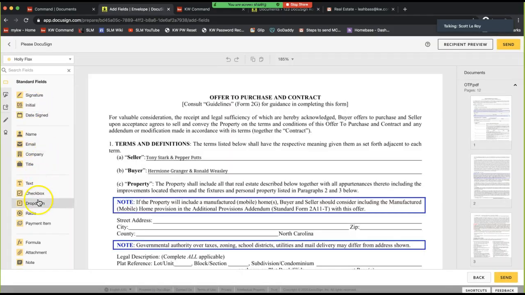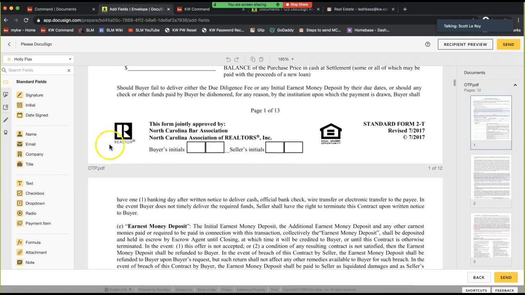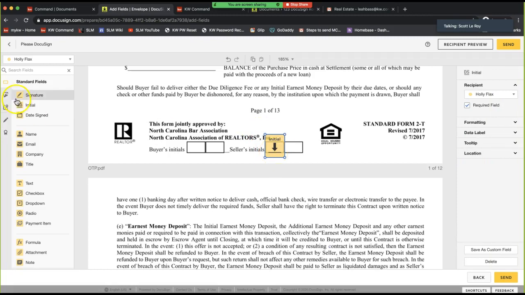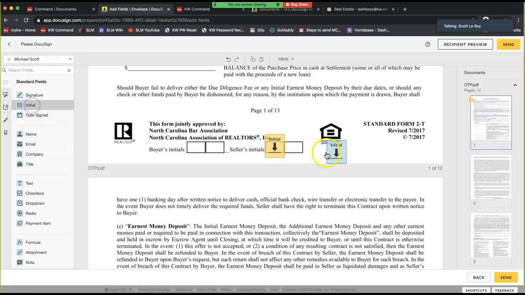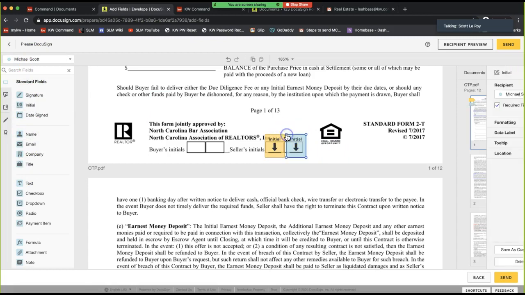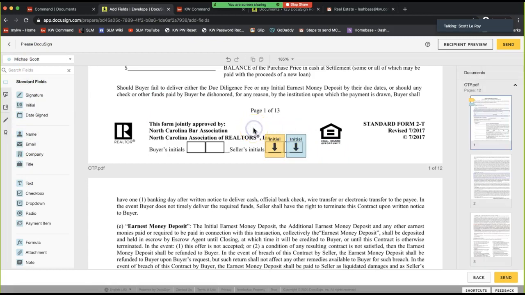On the left-hand side, you'll see a bunch of different fields that you can add in. So for example, if your client needs to initial this field, you can go ahead and add initial boxes to the field. Something that is different than Dotloop that you'll need to pay attention to is all of these fields are coordinated to the color assigned to the client. So Holly Flax is yellow, so she has a yellow initial box. If I need to sign a field for Michael Scott, my second client, I need to switch to his name, which will then turn all of my fields blue to lay that next field. So the colors really matter, which brings me to my next point